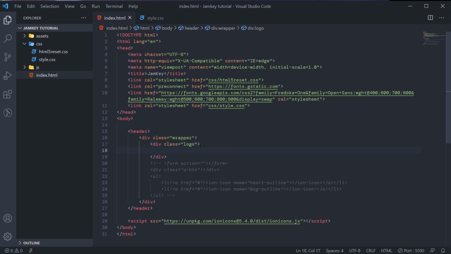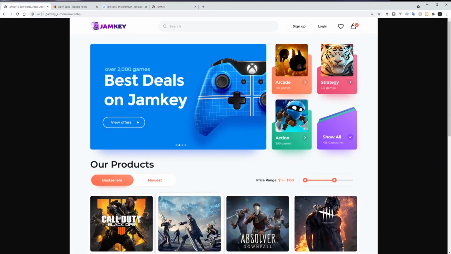So inside this logo now, I'll create an anchor tag. Then I'll type jam key. So if you look at this jam key design, you see this color is different from this color.